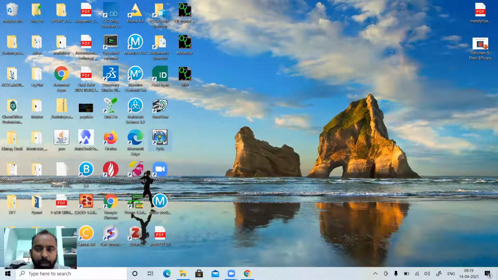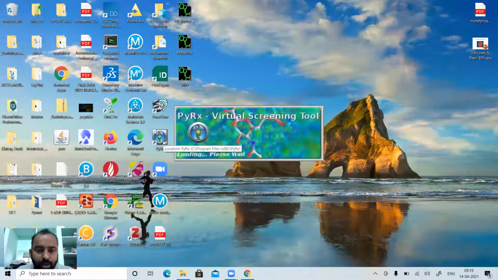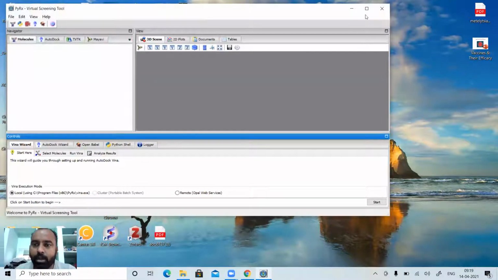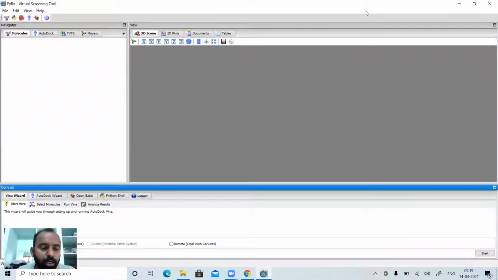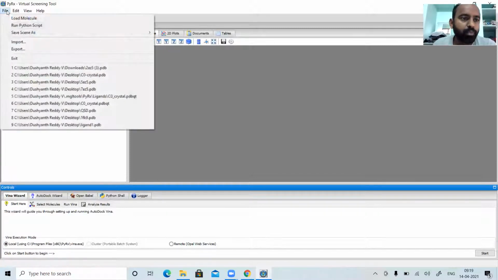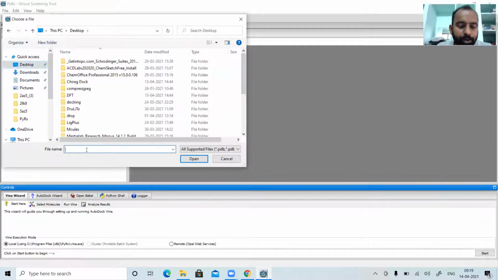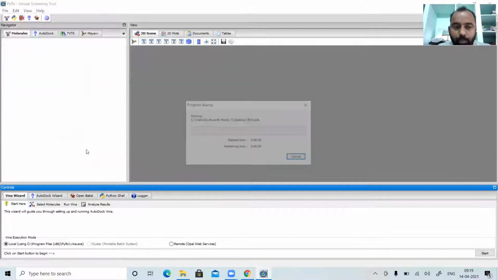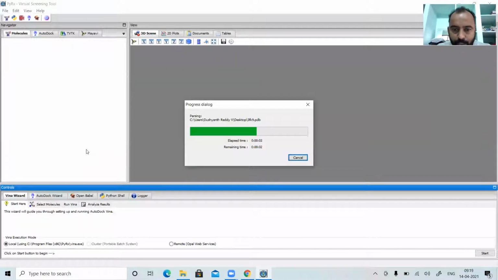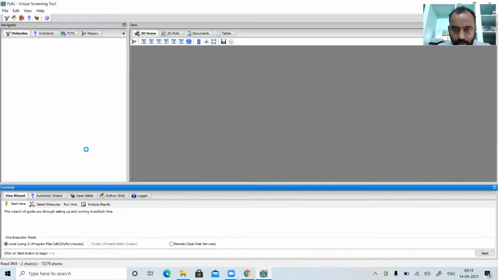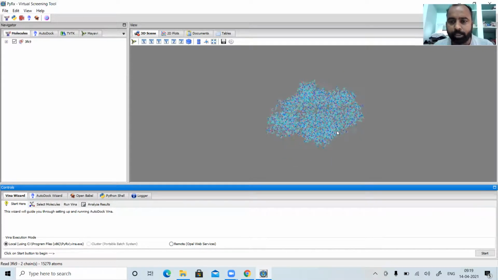For that, you just open the PyRX file. Once you open your PyRX software, it's very user friendly and very fast, and you need not think much about your docking protocols using PyRX. The only thing is you require some basic knowledge. Just go to file, load molecule. In the load molecule, go to the protein which you have saved, that is, I have saved it as 3fk9.pdb. So now the protein is getting loaded onto my workspace. This is just the protein of my interest onto which I am performing docking. This is the first step.